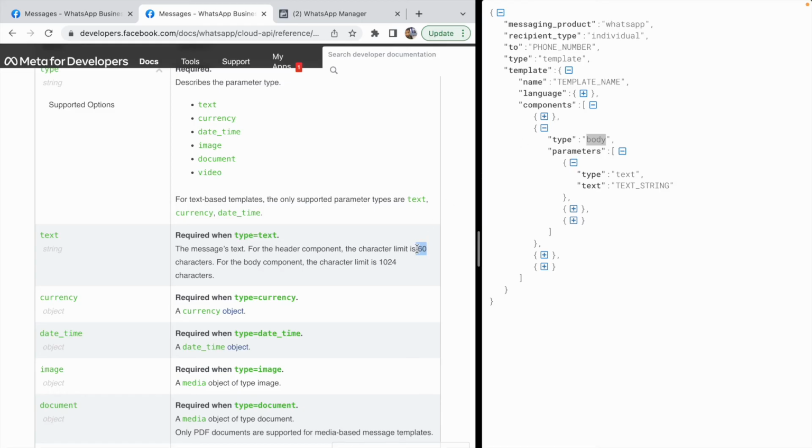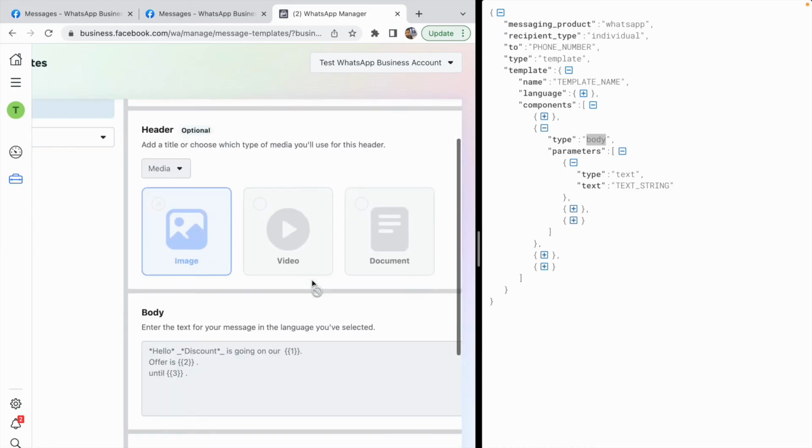Make sure you validate this correctly, otherwise you will get error codes as the response. So the second one, why I am saying this is, in this body, you can see